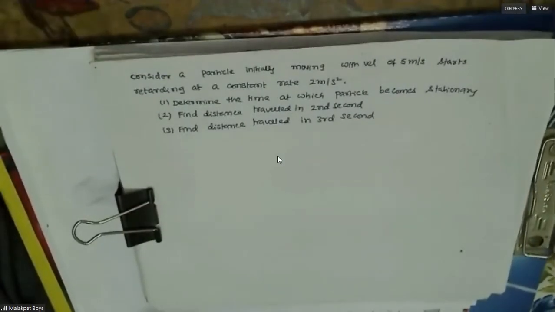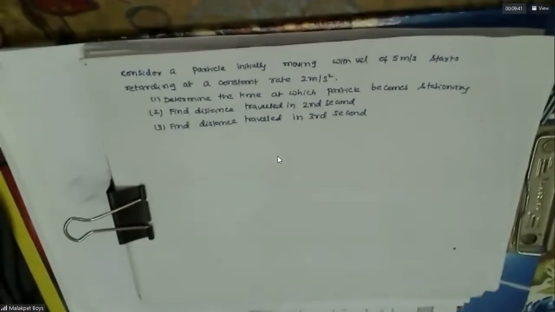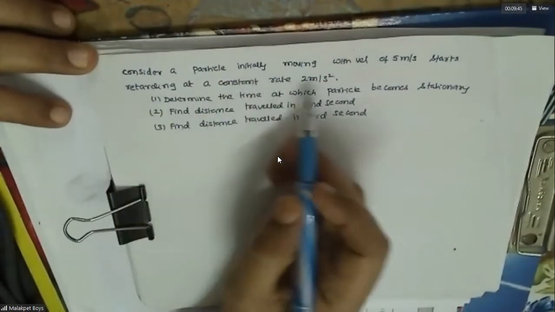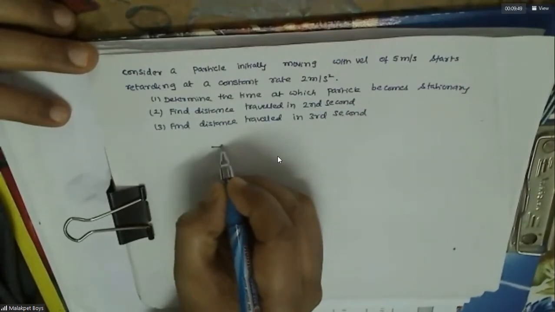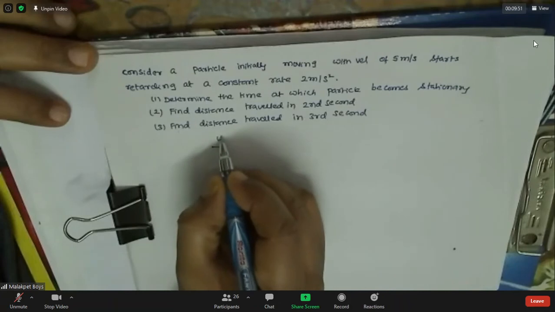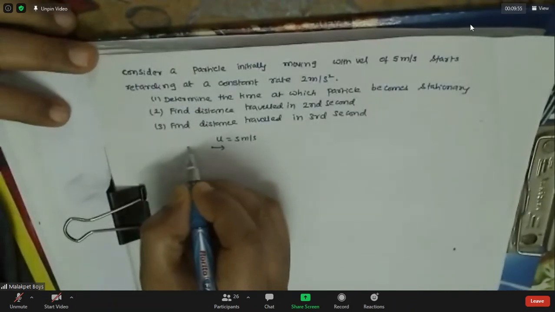Is it clear? Yes, sir. Consider a particle initially moving. That means this initial velocity is given as, so this is